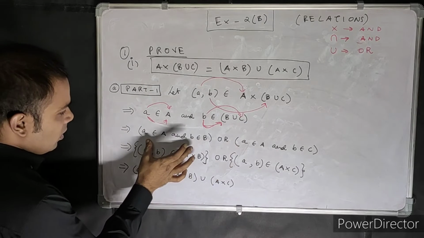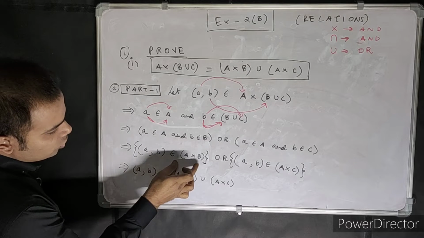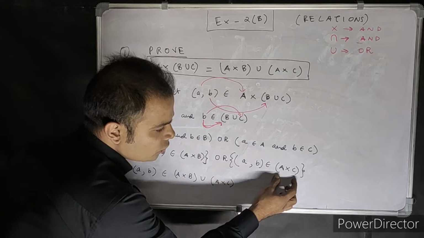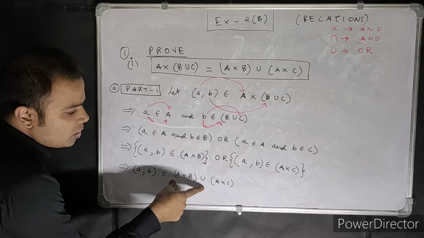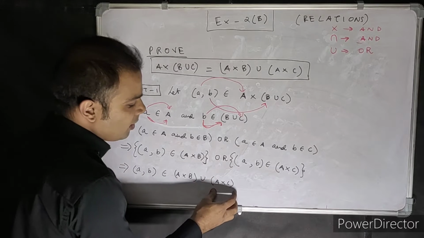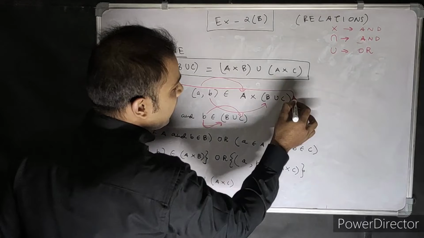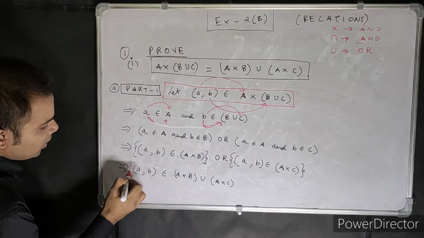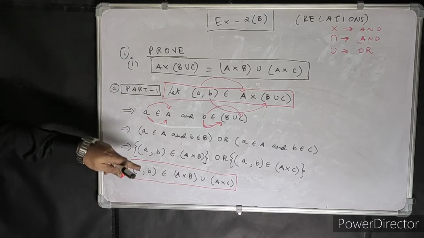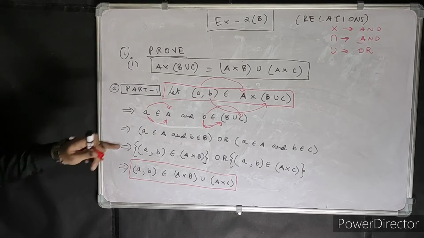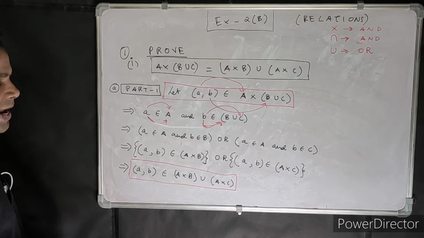Okay. Now from here we have got A and B. Now we can put it in a relation. So A comma B belongs to A cross B, or A comma B belongs to A cross C. Now from here we have got what? A comma B belongs to A cross B, or became back to union A cross C. So we had actually started from here, and if you notice, the last one is basically the same thing from where we had started, and because both these things are same, we can write A cross B union C is a subset of this. So that is your part 1.